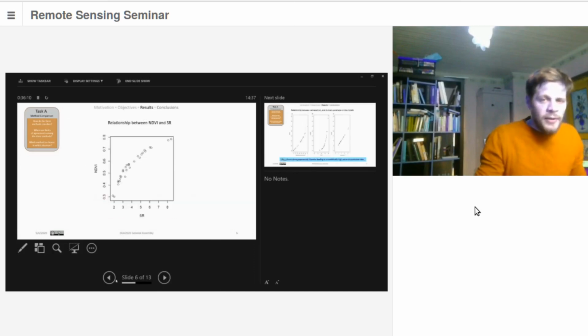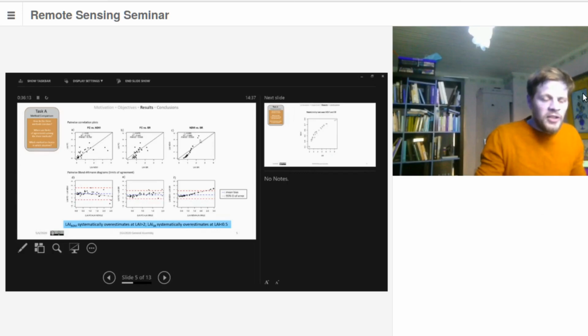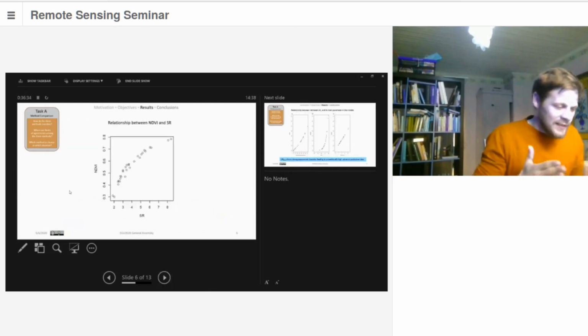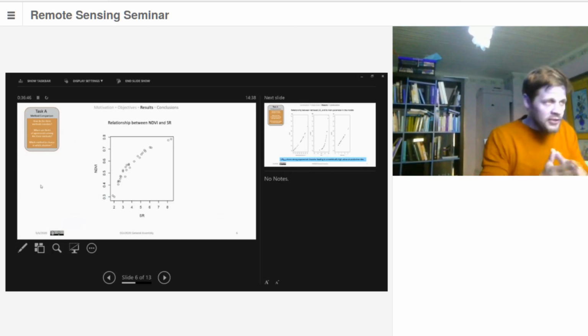Yeah, maybe one more comment. What is obvious is that the NDVI method and the SR method are much more correlated to each other compared to the fractional cover. But I think this is not very surprising, because both vegetation indices are based on the same reflectance data, and therefore I show you this plot as well. Of course, the simple ratio and the NDVI in our data set are highly correlated anyhow, and therefore the leaf area index products must also be more closely related. Okay, so it's not surprising.